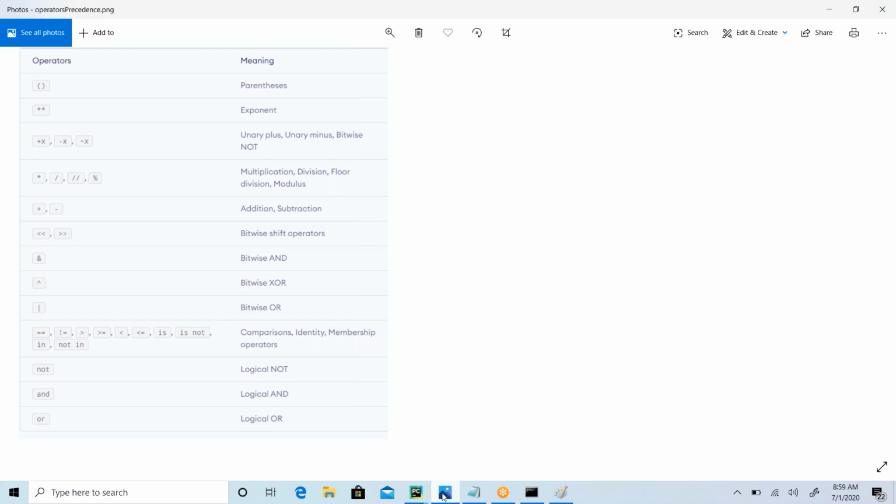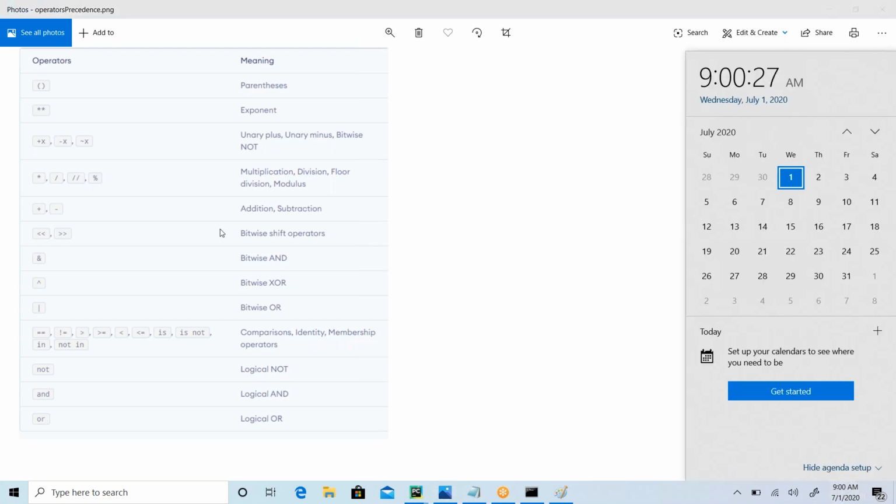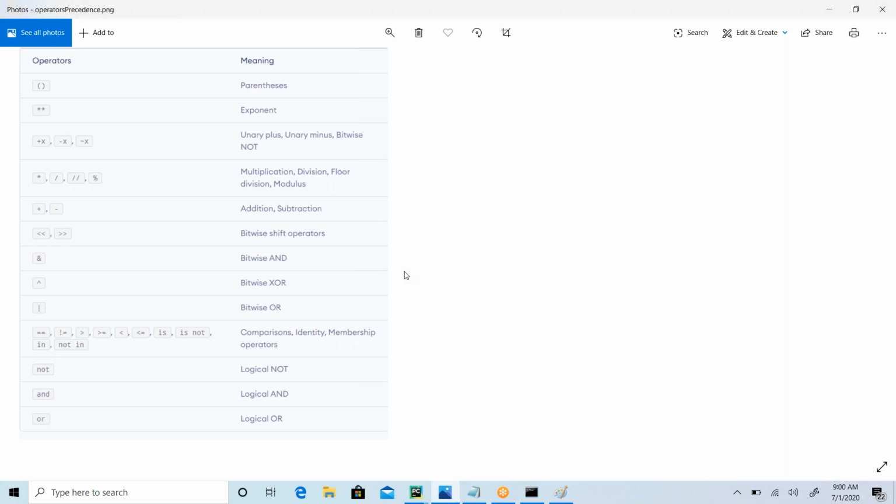We can have if condition, else condition, if else ladder, and nesting of if. We can write an if statement inside another if statement, or an if else statement inside another if statement, or an if else statement inside an else statement. So we have different combinations. Then followed by iterative statements, while loop and for loop, followed by transfer statements: continue, break, pass. We'll talk about them in 2 sessions. That is the plan for this week. Today is Wednesday, so Thursday and Friday we'll be finishing those 2 concepts.